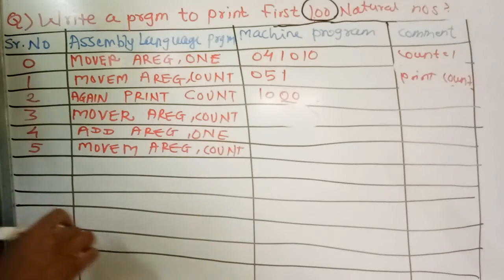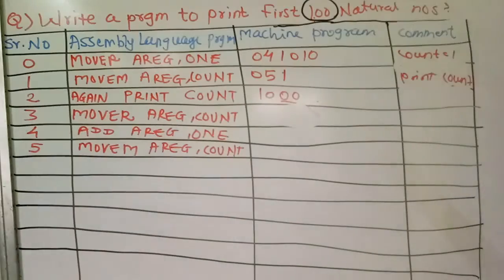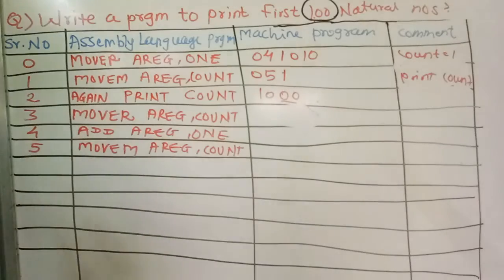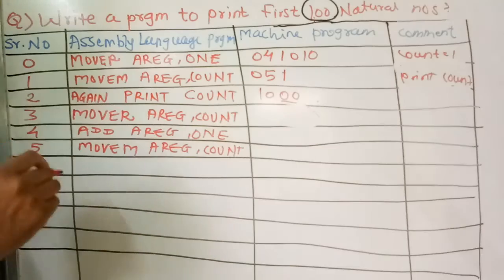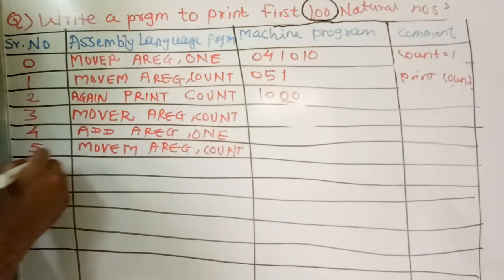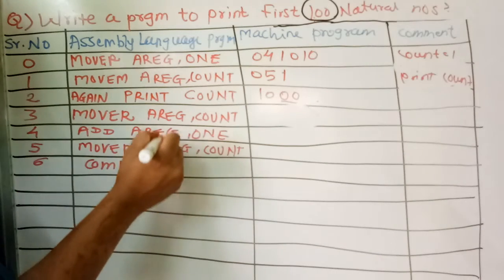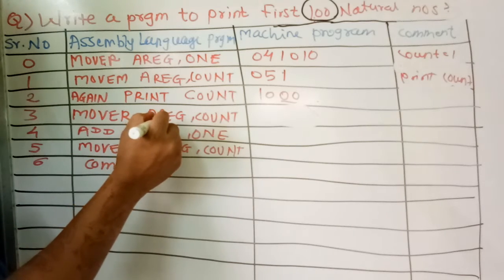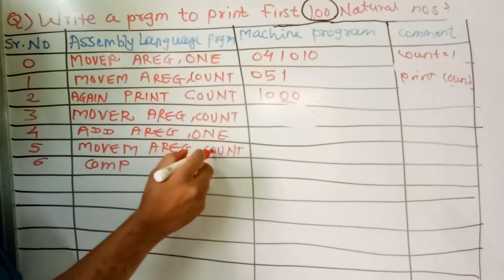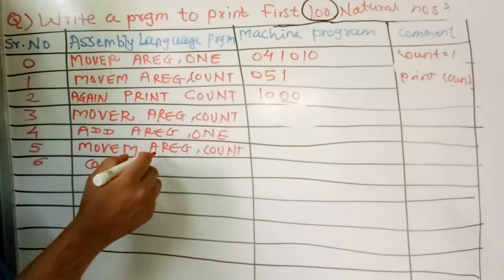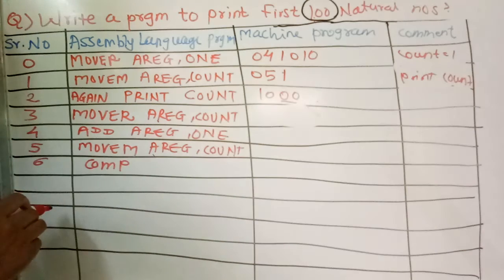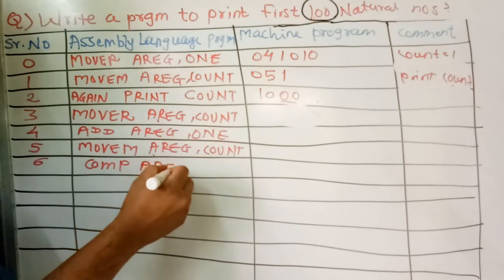In normal programming we use the if loop, but in this programming we have to use conditions like compare. The assembly language provides us the mechanism of compare, so we will use compare. What do we have to compare? Our value is placed in a register. This is now 2, and for printing purposes we have only copied it into the count, but up till now the register has the value 2, meaning the incremented value. So we have to compare it with the 100.